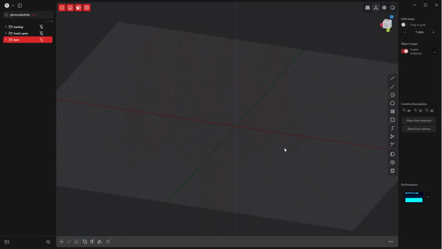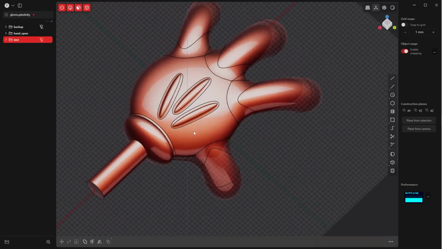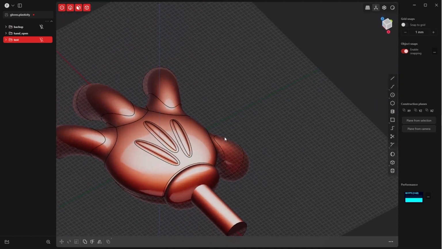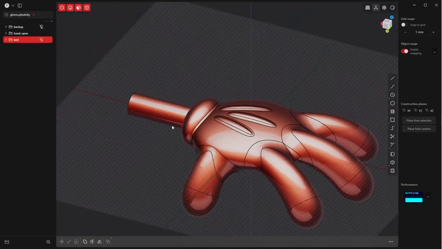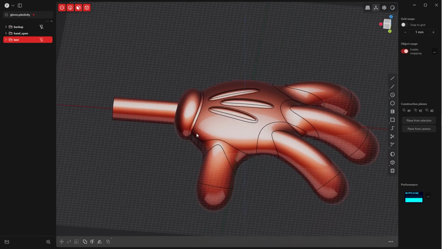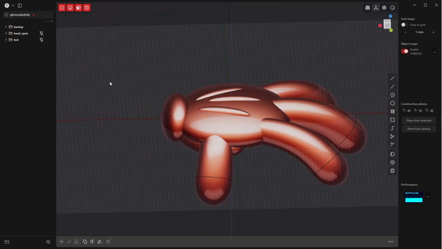Okay, let's start modeling the second hand, and this time we will make a closed hand, so a fist. And the closed hand won't look like this Disney style glove hand. The closed hands will be without gloves. Here we had our backup